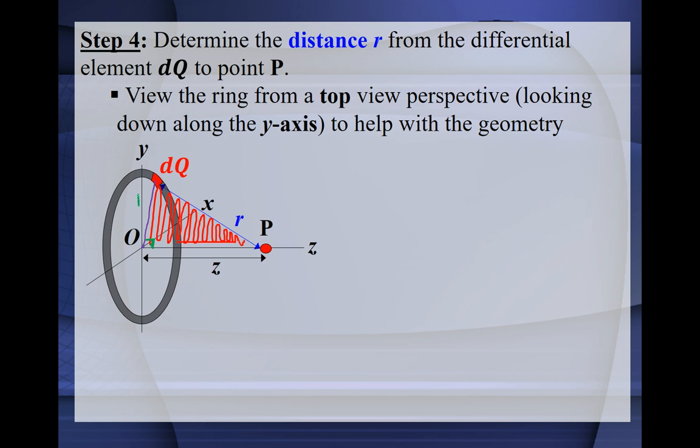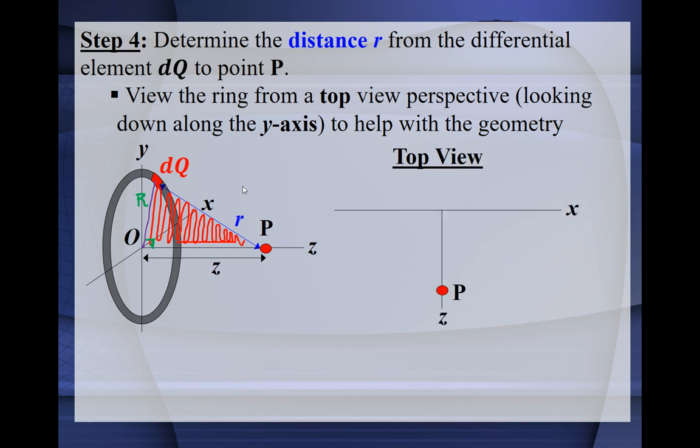That's the radius, so that's capital R. So we have a right angle triangle where the two legs of the triangle are the radius and this distance z, and the hypotenuse is going to be lowercase r. Now, if you find it difficult to visualize like that, we can also look at this from a top view